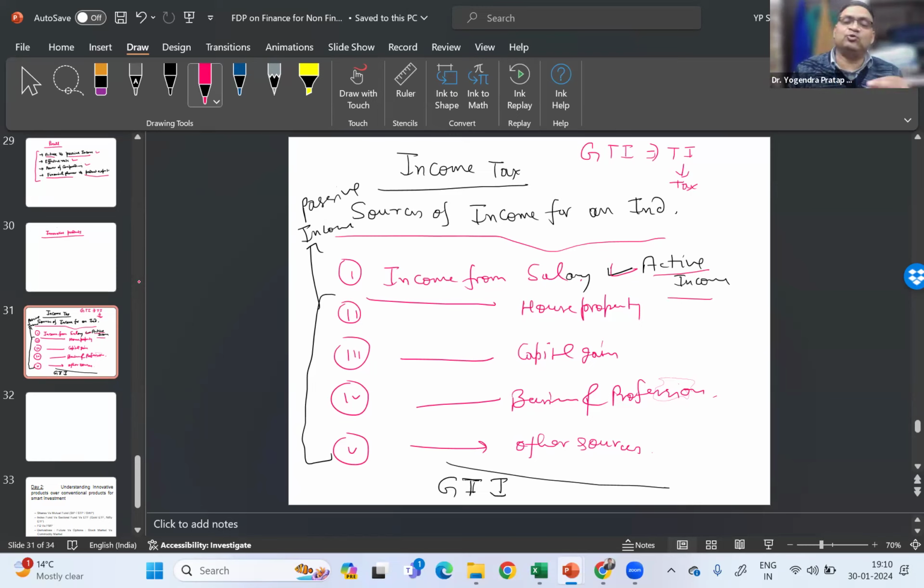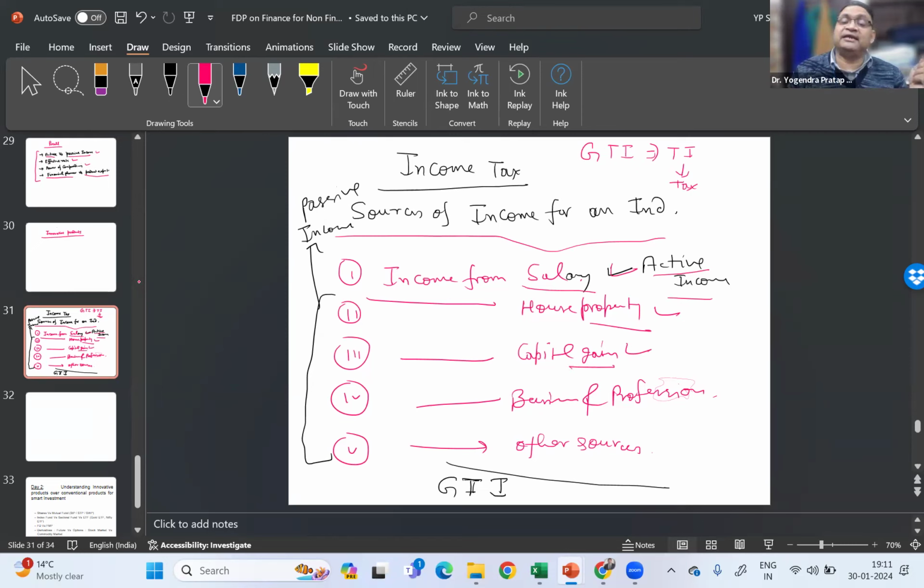So you need not go anywhere. Just look at the income tax department. Salary is the active income, the rest are your passive income. House property means rental income. So from today onward, you should explore them one by one. You must have all these passive incomes in your portfolio to attain financial freedom in your life, meaning you have some rental income,